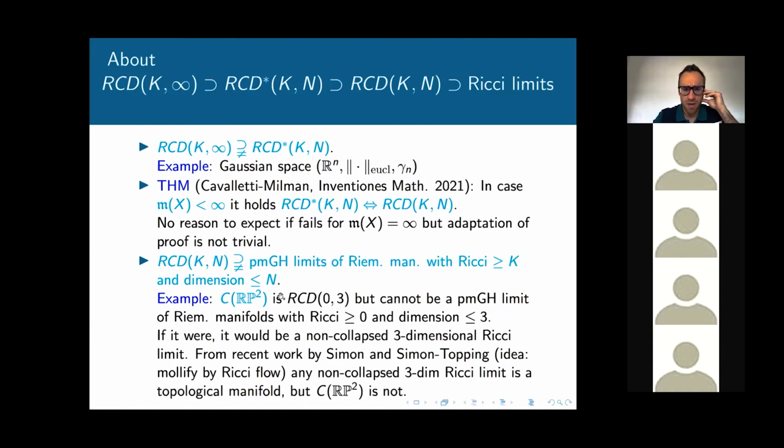And what about limits? Well, CD* strictly contains the Ricci limits because, for instance, CD* contains Finsler structures which are not Ricci limits, and so the inclusion is strict also there. I think I answered. Okay, good.